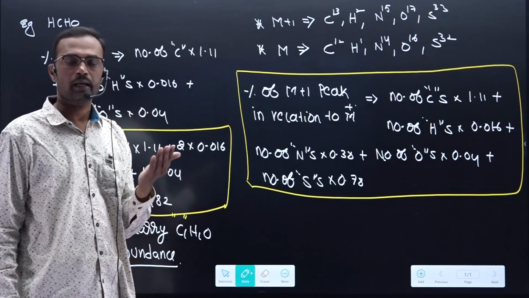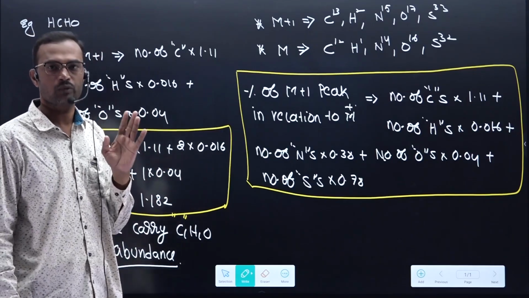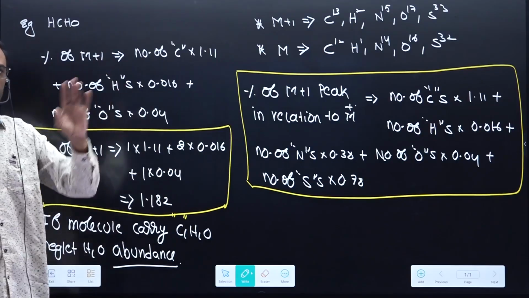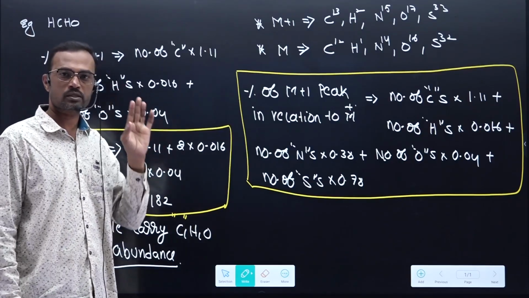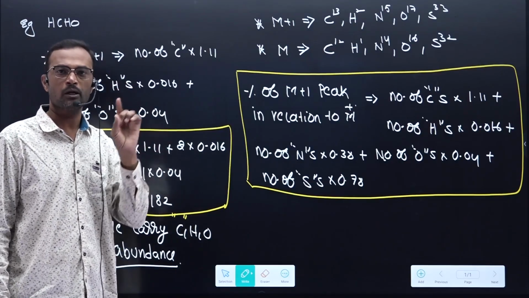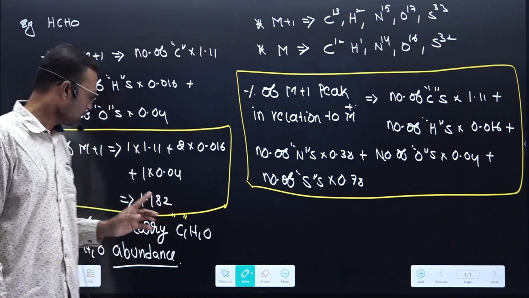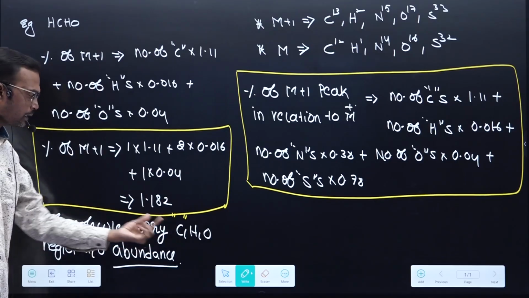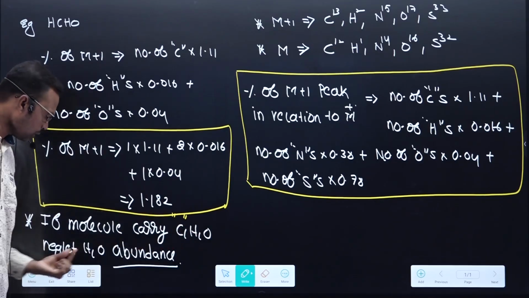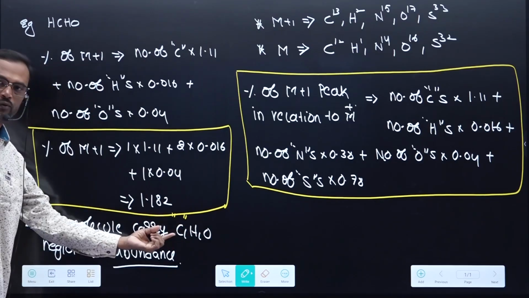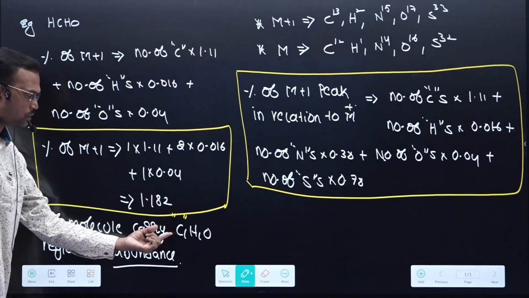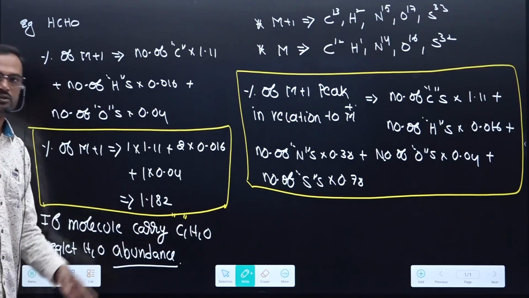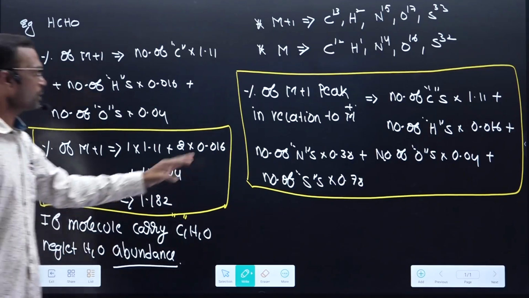So while calculating isotopic peak intensity M+1, simply remember, ignore hydrogen abundance as well as oxygen abundance; only carbon abundance is used to calculate M+1 peak intensity. So if a molecule carries carbon, hydrogen, oxygen, only carbon contribution is required for M+1 calculation, so we can ignore hydrogen as well as oxygen. Based on this I can say